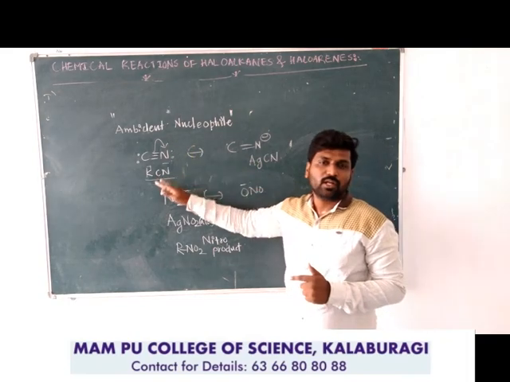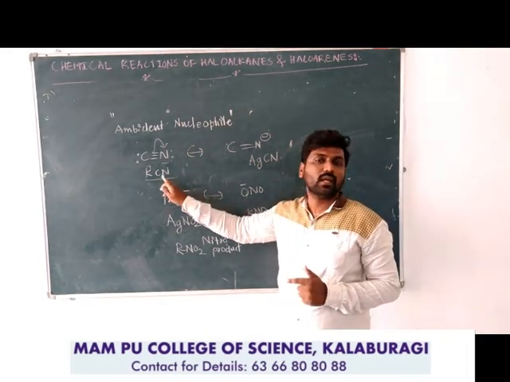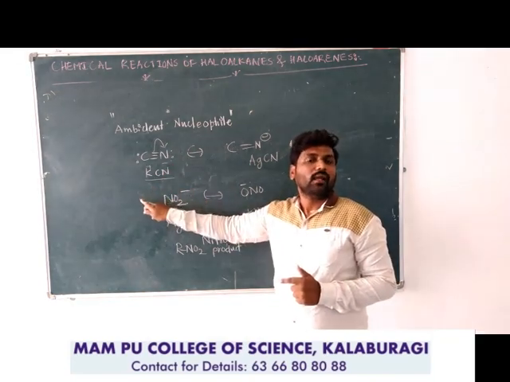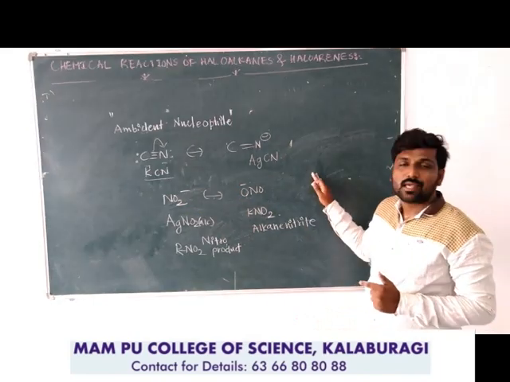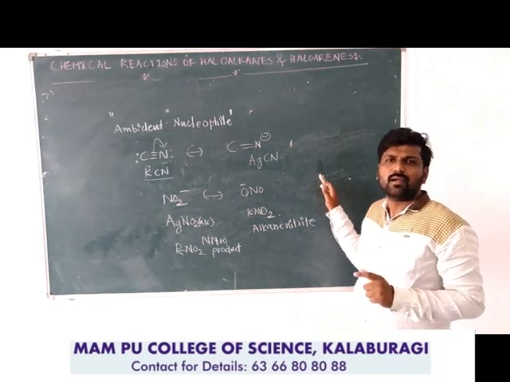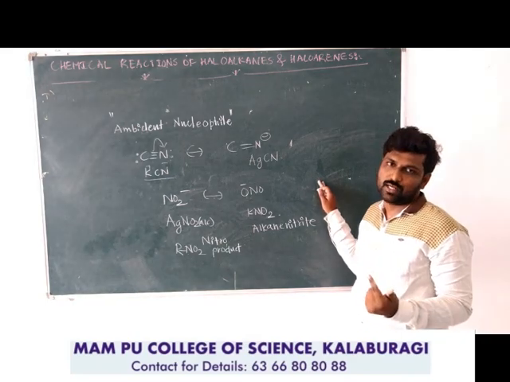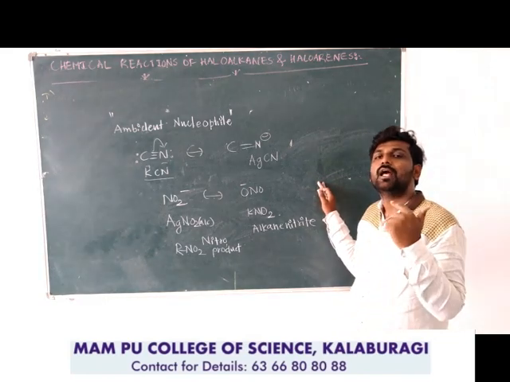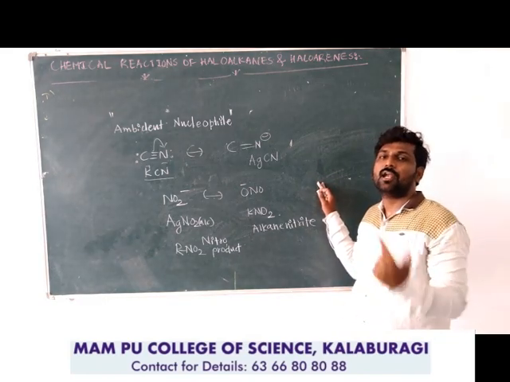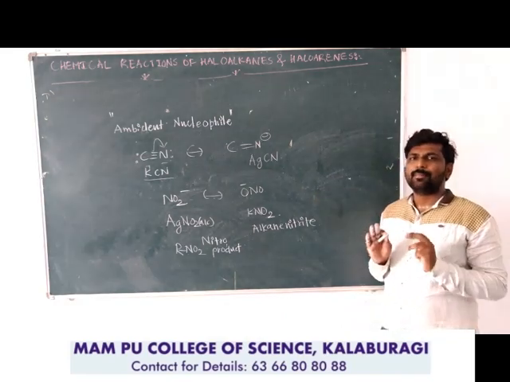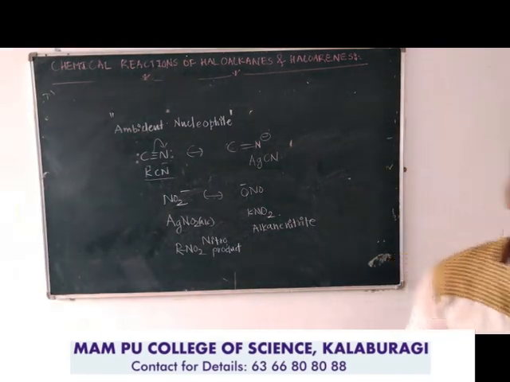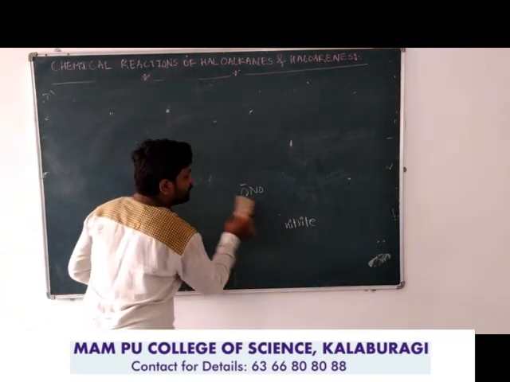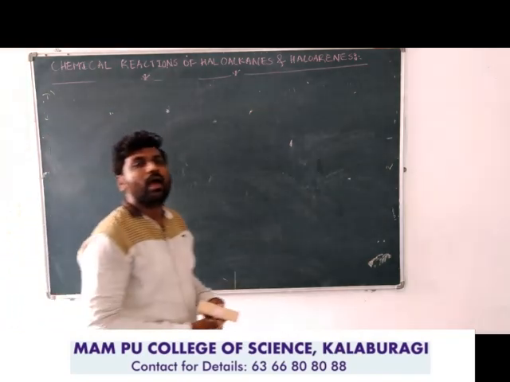Whenever the cyanide is with the potassium cyanide, the attack is taking place through the carbon atom, and we are getting alkyl cyanide or alkane nitrile as the product. If the cyanide is available in the form of AgCN, the attack is taking place through the nitrogen atom, and we are getting the product as alkyl isonitrile or alkyl isocyanide or alkane isonitrile. So this is about the ambident nucleophile. So let us see some examples. We will have some examples of nucleophilic substitution reactions of these ambident nucleophiles.